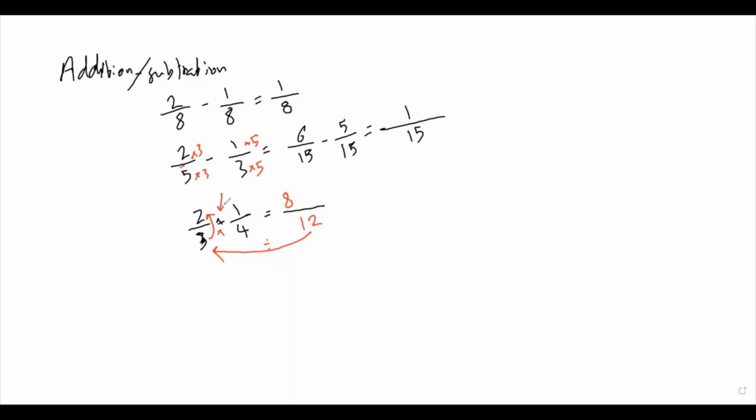Then the middle sign, which is plus, then do the same thing here: 12 divided by 4 times the numerator, which is 1. So 12 divided by 4 is 3, times 1 is 3, and the answer would be 11/12, right? This method is useful when we're dealing with big fractions, especially if the denominators share some common factors, such as